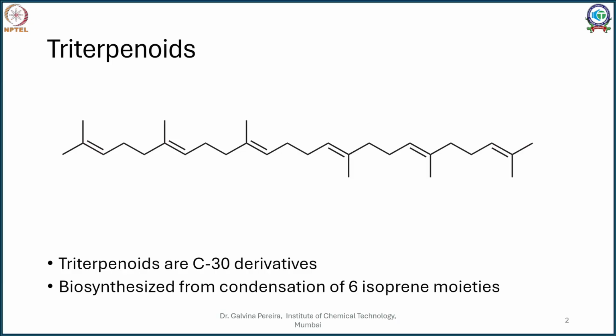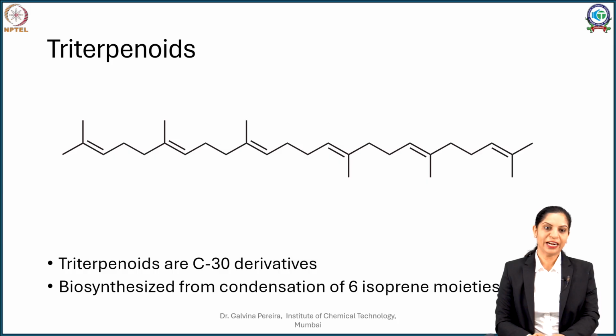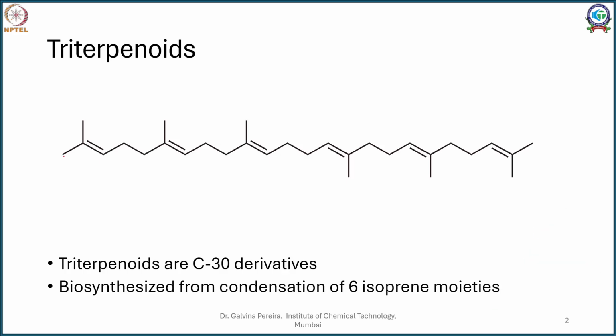So let's understand diterpenes and triterpenoidal compounds as well as their glycosidal derivatives. We'll discuss triterpenes first. Triterpenes are derived from isoprene units, and they are C30 compounds. In all, you will come across 6 isoprene units joined together. You can visualize isoprene units as 1, 2, 3, 4, 5 and cut it from here. You can see the second isoprene unit till here, the third isoprene unit till here.